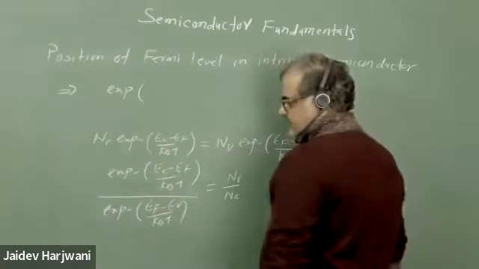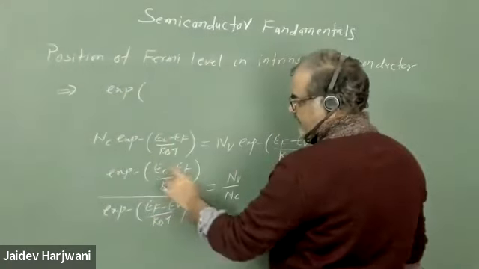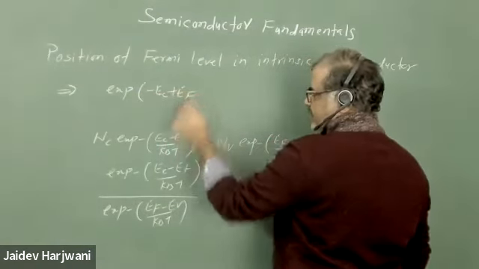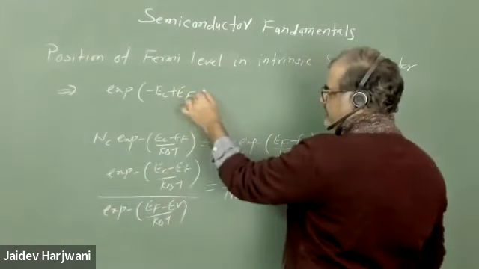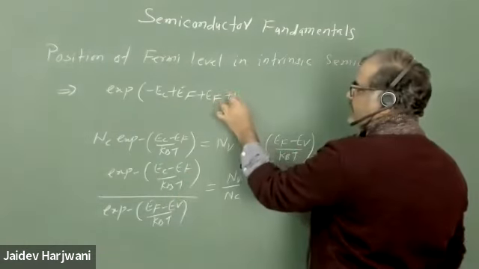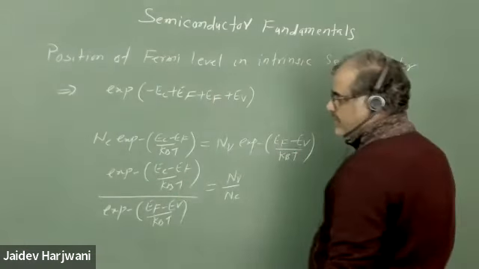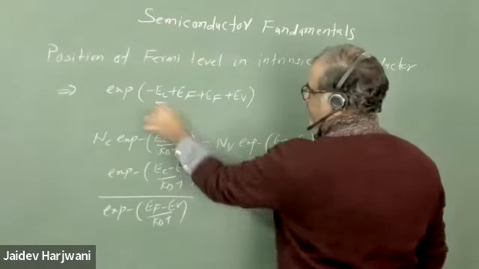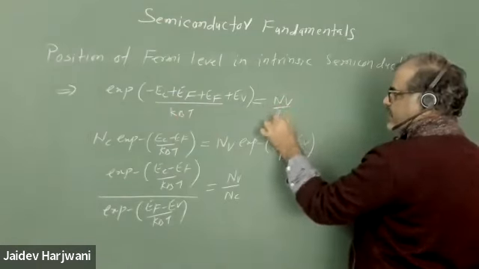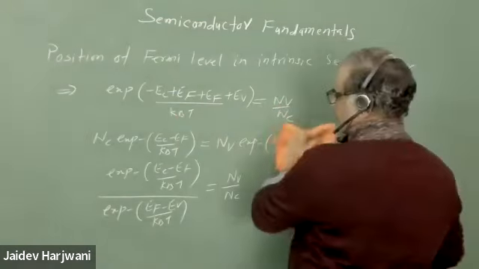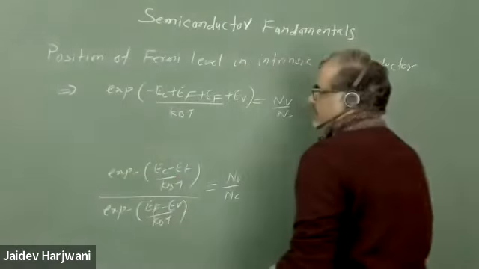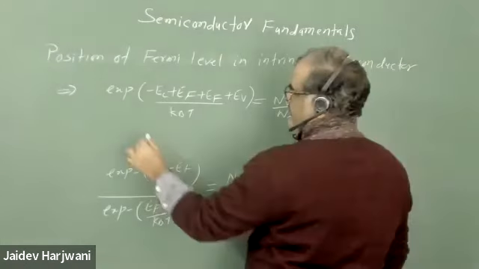So I can write exponential of minus EC plus EF, and if this whole thing goes positive, this becomes EF and plus EV, upon kBT, equals NV by NC. Now with a little bit of calculation,